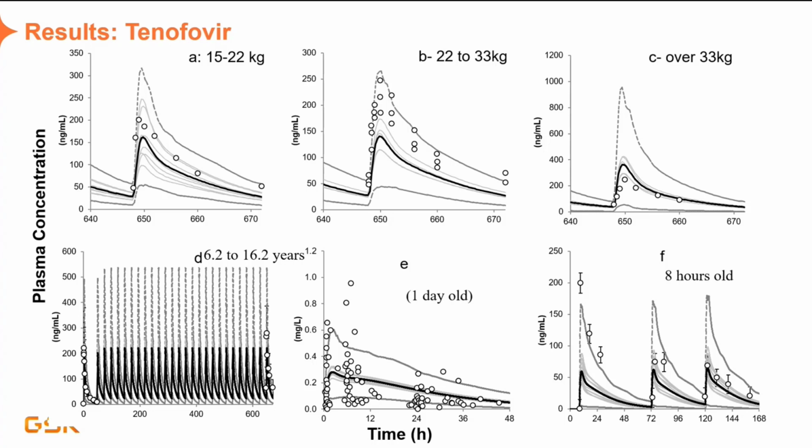And that takes a long time to do. But now luckily we will get it in, I don't know, version 24, hopefully. Not diverting from the main issue, we have the neonatal data and we have the children data, which is a bonus here. We have multiple dose in the pediatrics. We can see in the bottom panel that we have good predictions. We have very, very young neonates, just born to HIV infected mothers, and we also have the 8-hour neonates. So the predictions are acceptable.